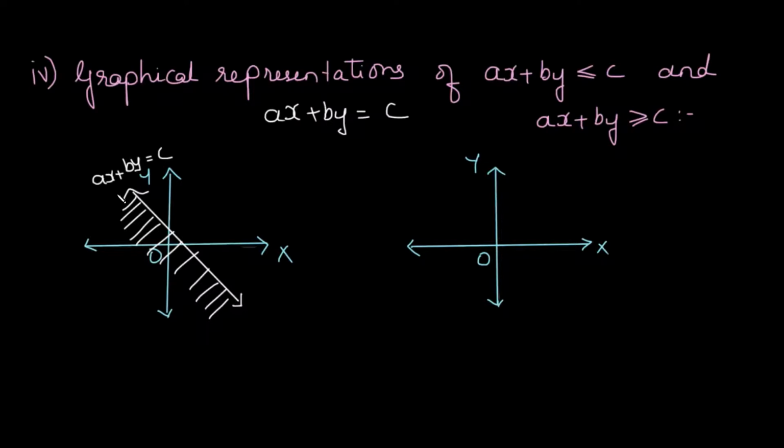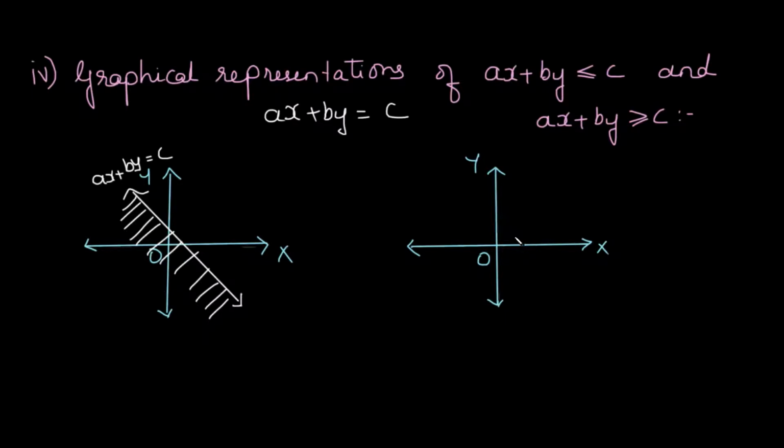You'll remember from the previous lecture that any line which we drew divides the xy plane into two half planes. The half plane which contains the origin is known as the region on the origin side, and the other region is known as the non-origin side. Therefore, if it is ax plus by less than c or less than or equal to c, usually we get the feasible region on the origin side.